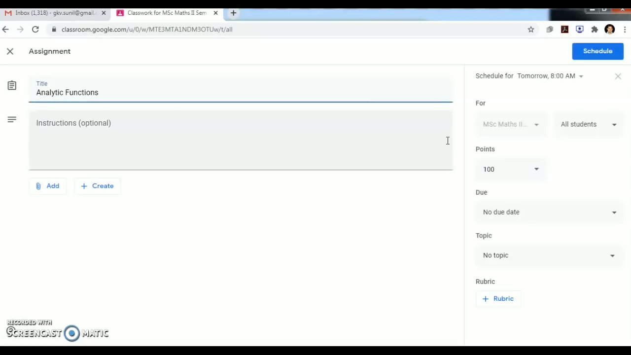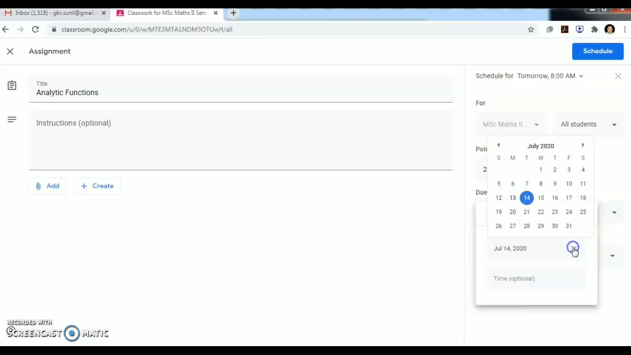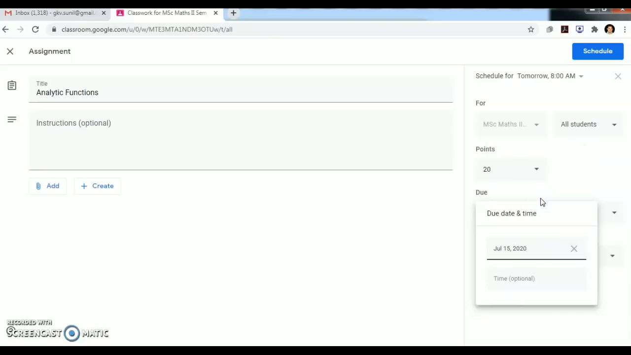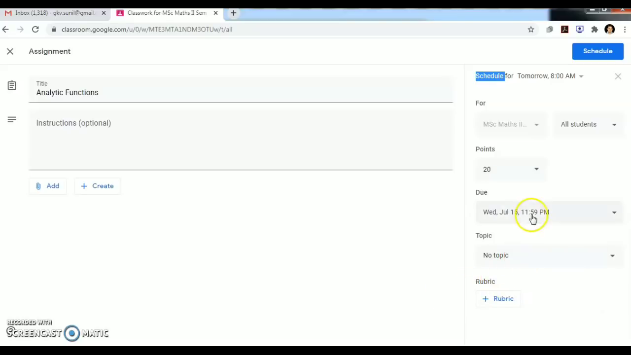If you want to edit it, this is for MSc Mathematics. We can change the points also, ungraded, or we can allow points. Suppose we want to give it 20 points. Due date is, suppose it's 15 July. Time 11:59, or whatever we can choose. Suppose topic is,